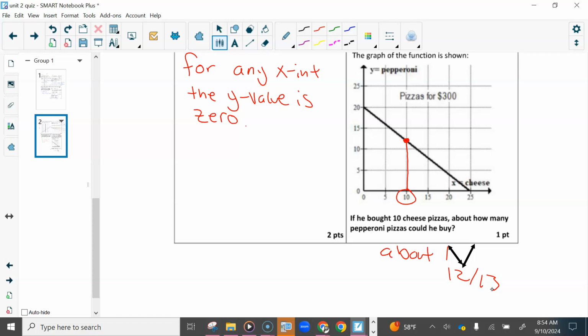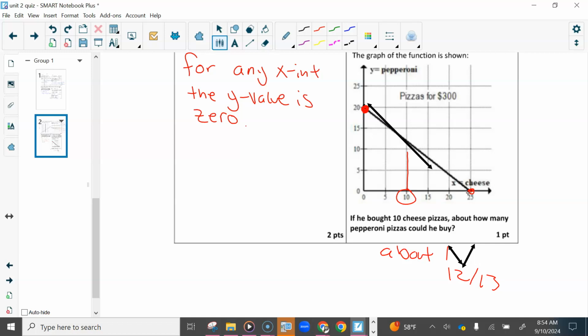If it asks you to find the slope, you should be able to look at this to make sure you're counting accurately. Make sure you're counting the distance, finding the slope, and then your rise would be some relation of pepperoni pizzas to cheese pizzas. If they talked about intercepts, the whatever variable would be 0, so